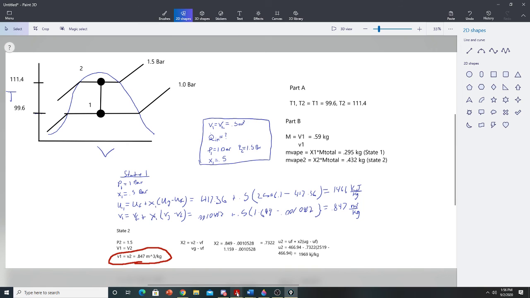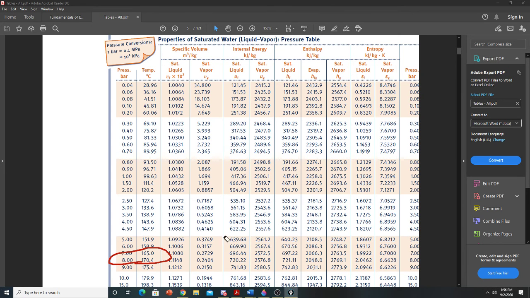Okay? So let's go do that just to show you really quickly. So this one right here requires no more computation. It only requires you to know the tables. And so what you would do is you'd go to the saturated vapor column and you would go down until you find 0.849, right. So you guys would realize it is somewhere in between 2.5 and 2, right? So what you'd have to do is you'd have to interpolate between these two numbers, knowing a third specific volume, and you have to do it between pressure. So you would do